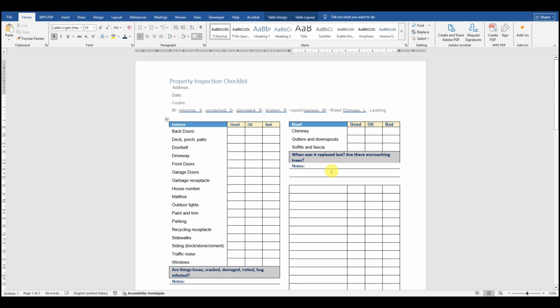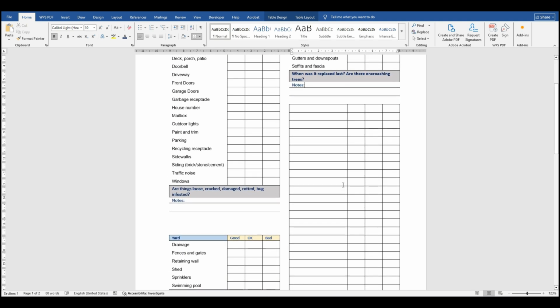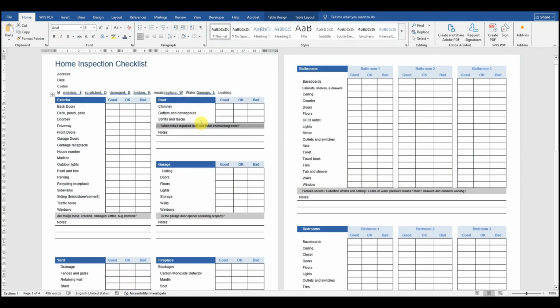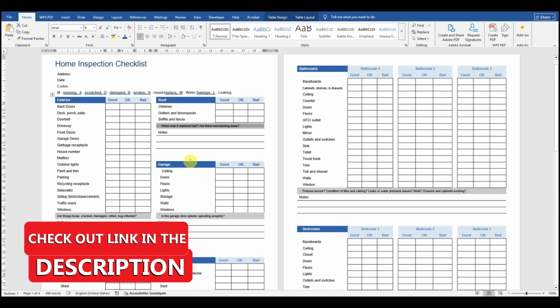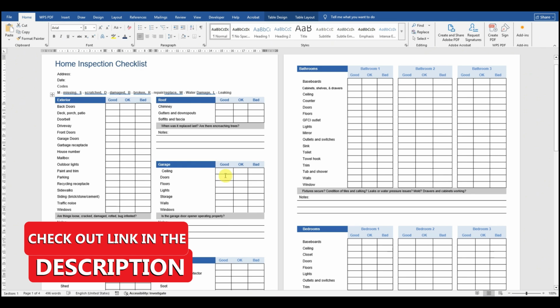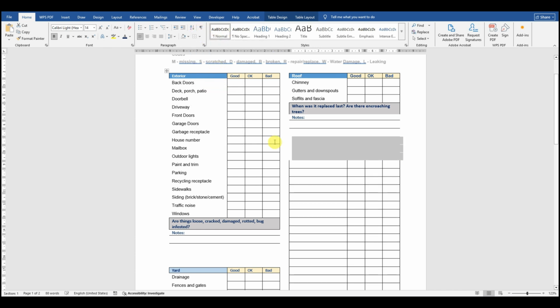There you go. So it is going to be the same in all parts here. So as you can see here, the next will be garage. If you would like to have space here just like this one, that's also possible. All you need to do is to click this one and then click on no border. And there you go. And then this part, you can actually add a bottom border so that you have enough